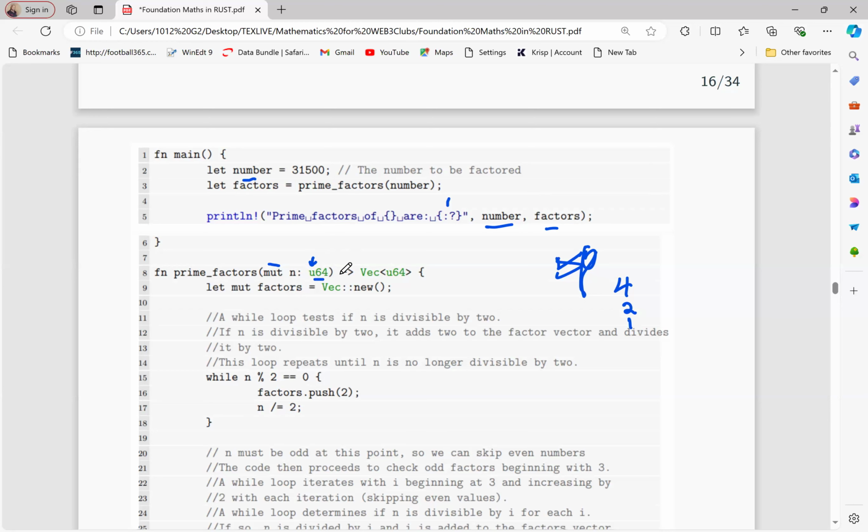But if you want to deal with negative numbers at the same time, then you'll be using I64. Since we're only interested in positive numbers, we're using